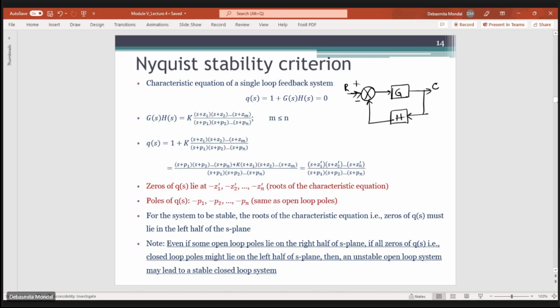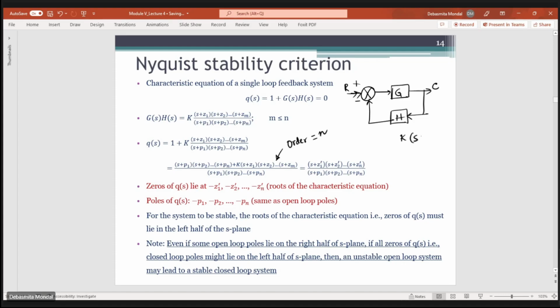Okay, now since the order of the denominator is higher than the order of the numerator, irrespective of the value of M, the order of this numerator term, S plus P1, S plus P2 till S plus Pn, should always equal n, because let's say that you have a transfer function where